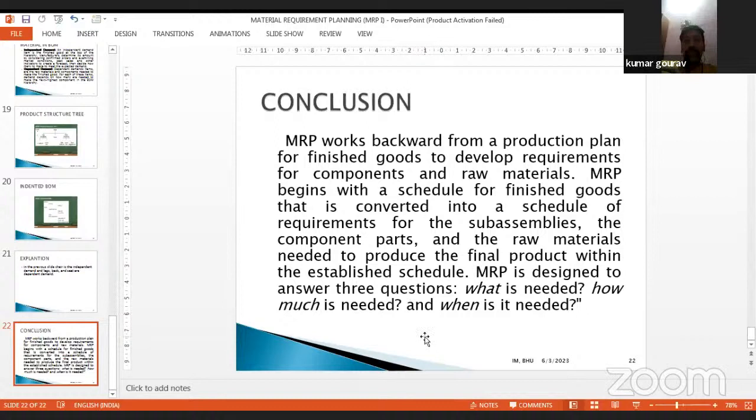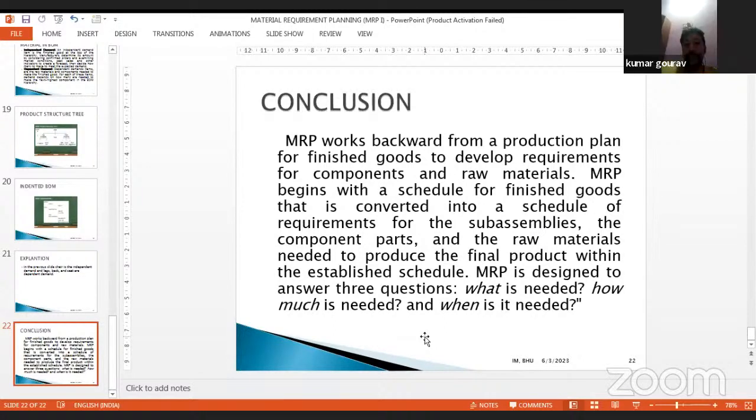It was developed in 1964, but now it has been integrated into your enterprise resource planning. This is just one part. Now, everything is integrated: your financial part, your marketing part, your human resource part.